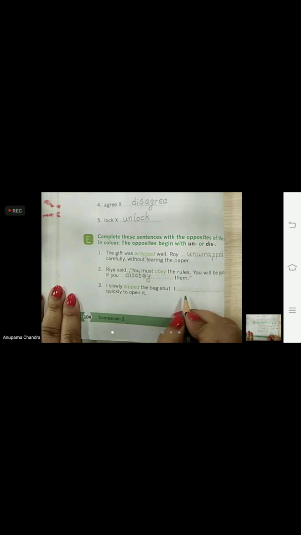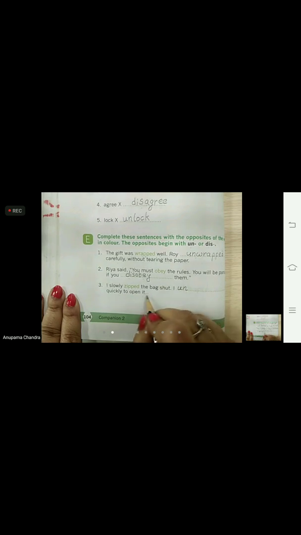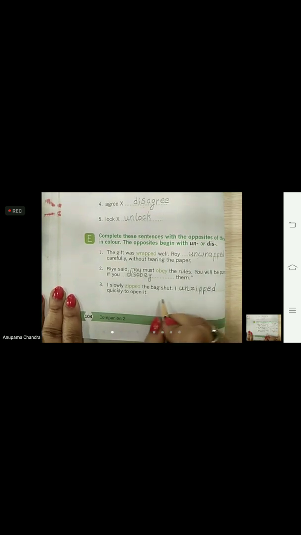And to make the antonym, here we are going to use UN. Zipped, unzipped, Z-I-P-P-E-D. I slowly zipped the bag shut. I unzipped quickly to open it.